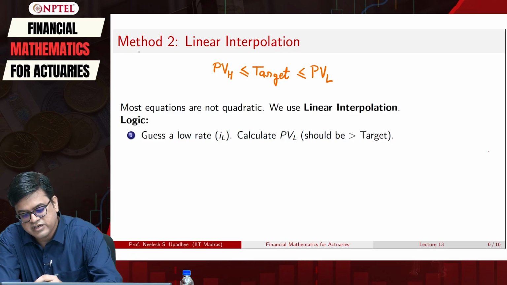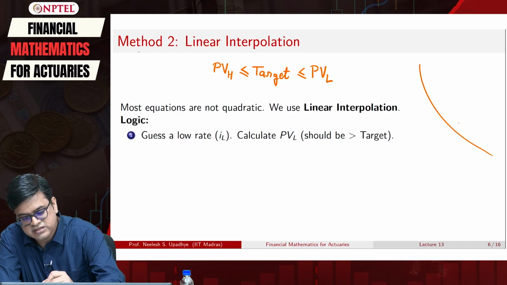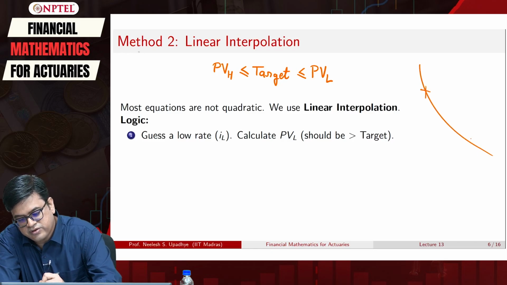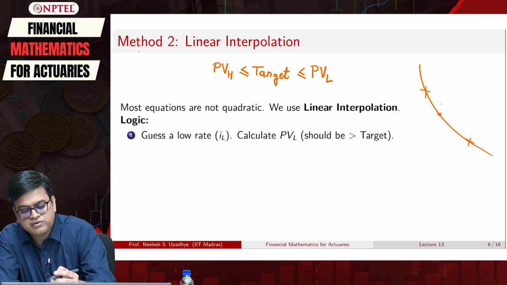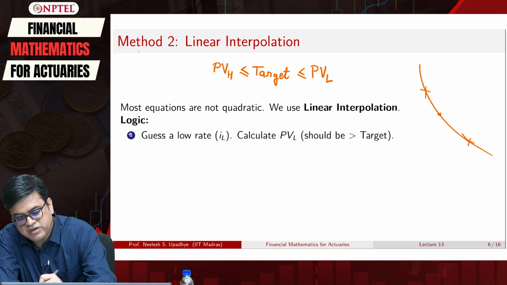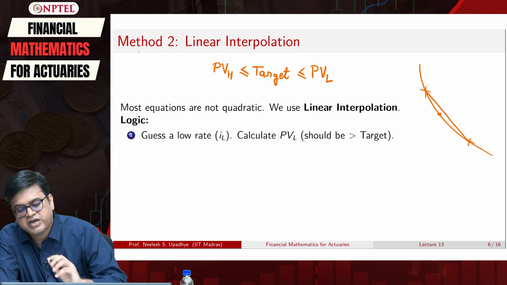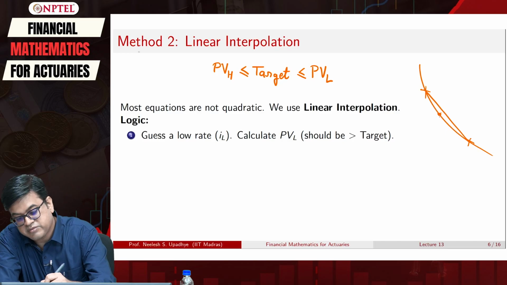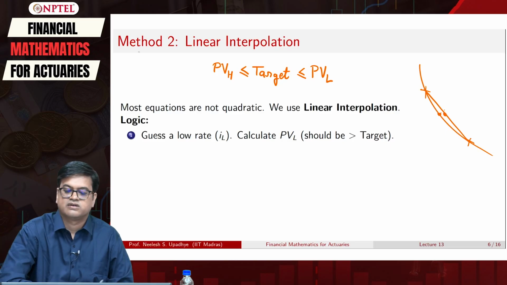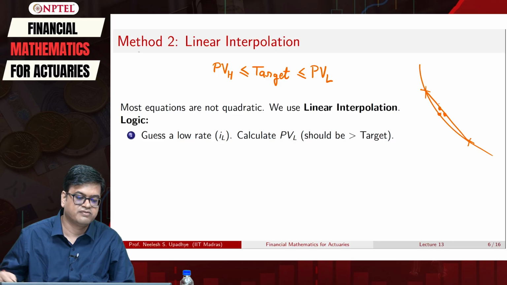That means if I have some curve like this, and I don't know what is the value. So suppose somewhere here there is a target, right. I don't know what is the value at this point because this curve is invisible for me. What I will do is the best estimate by drawing this line, and by drawing this line the estimate will somehow become somewhere close to this, correct. So that is the idea that we are going to follow.